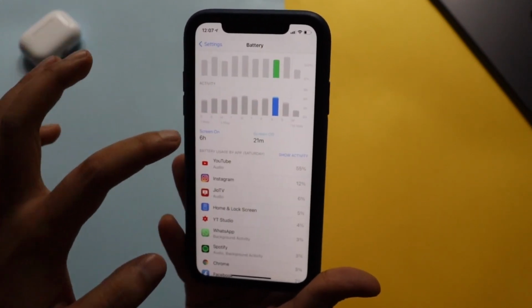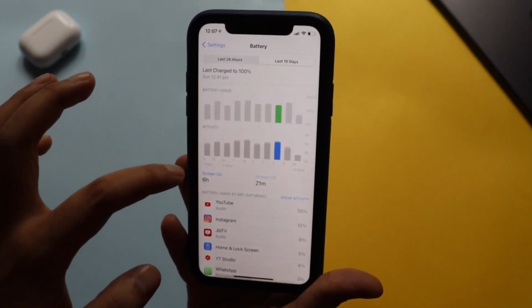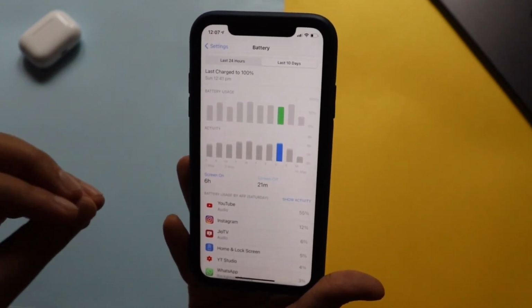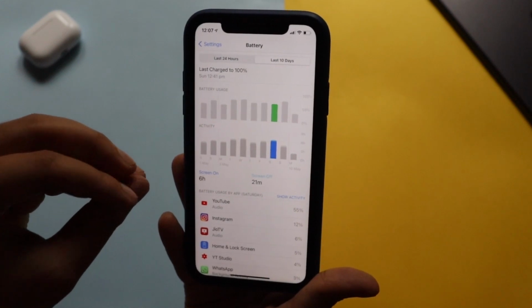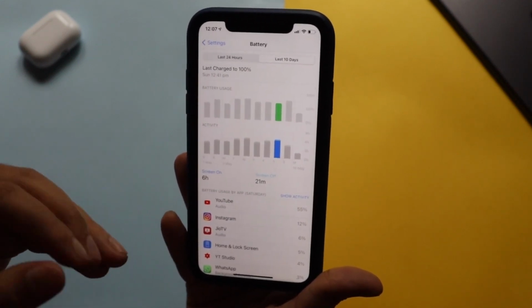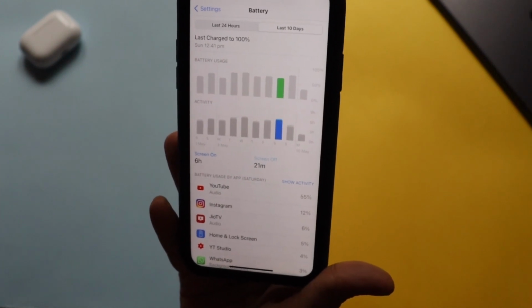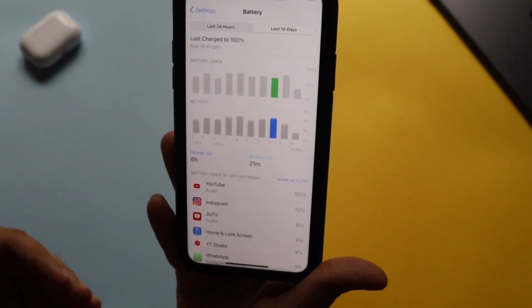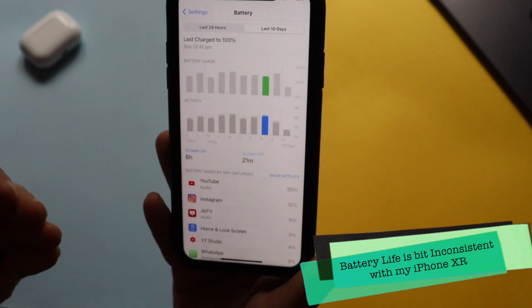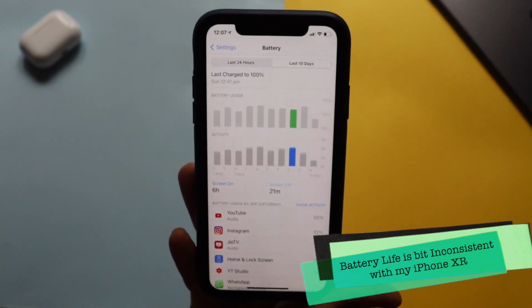And let's take an example of the day before yesterday. As you can see, for 50% or more than 60% use, I got a screen on time of 6 hours. So if I would have used my phone till 100%, I would have gotten a screen on time of 8 hours. So I would say at this point of time, after iOS 14.5.1, the battery life is not very consistent,